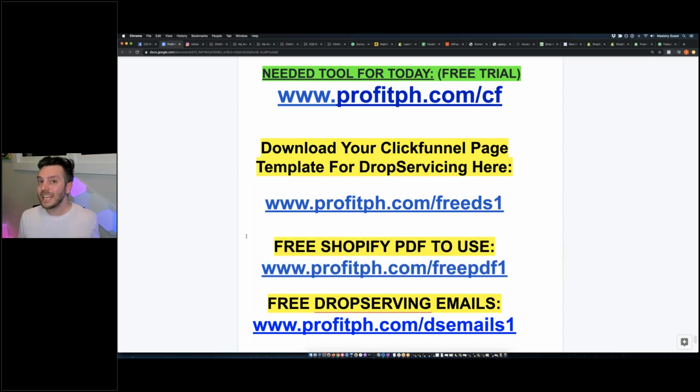And the last piece of the puzzle was the drop servicing email autoresponder. All right, so the drop servicing email autoresponder is the last link there. This gives you a 5-day email autoresponder that offers value, but also collects information that gives you more knowledge, so you can email your list and say, check out Pixel Magic, or check out this ClickBank offer